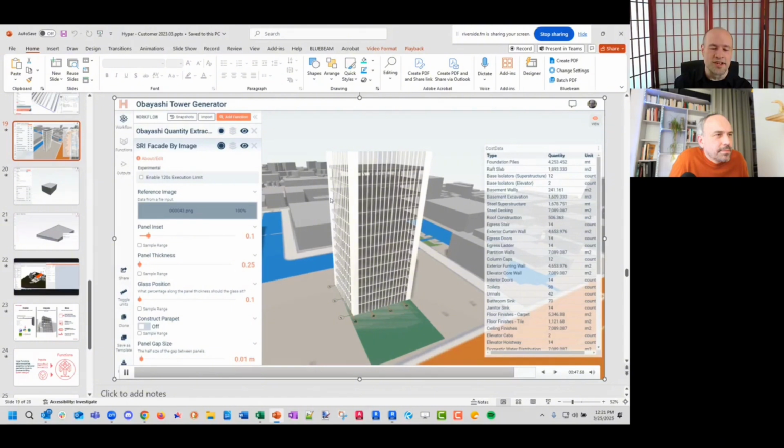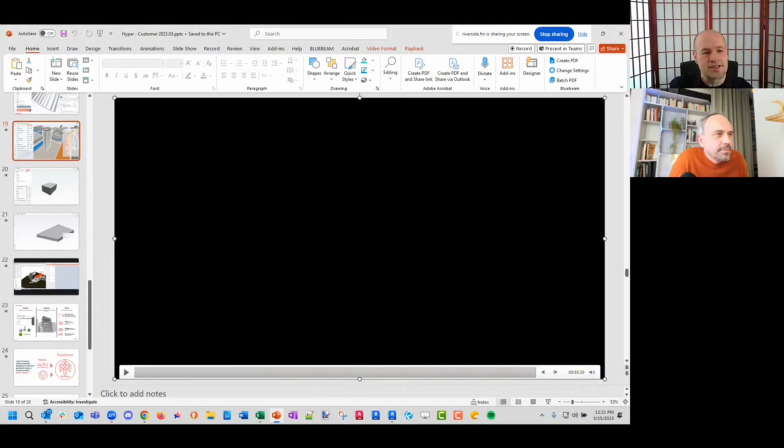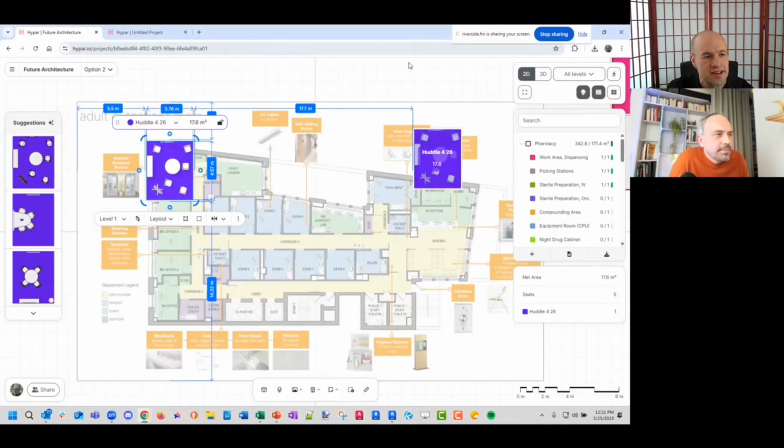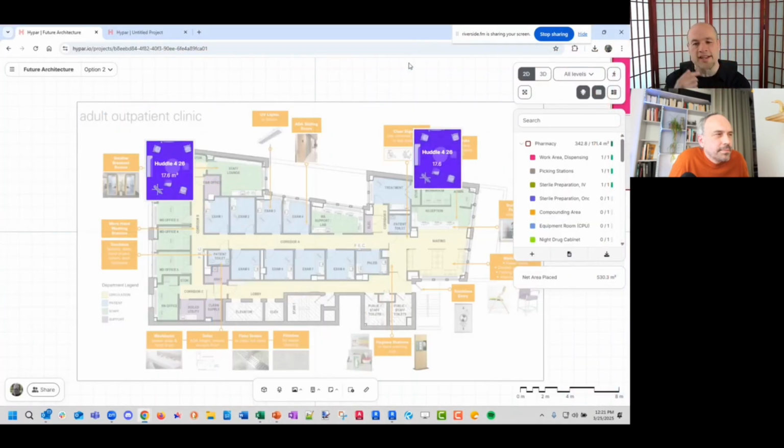But originally the folks involved were saying, well, why can't you just take a photograph of the building and paste it on the side of the building? We said, that's boring. Let's actually generate a real 3D facade that you can quantify. So all this stuff is possible, and it's contextual as to whether it's meaningful.